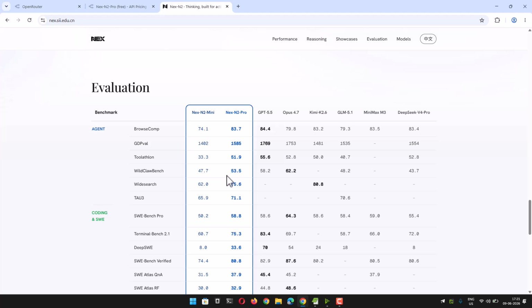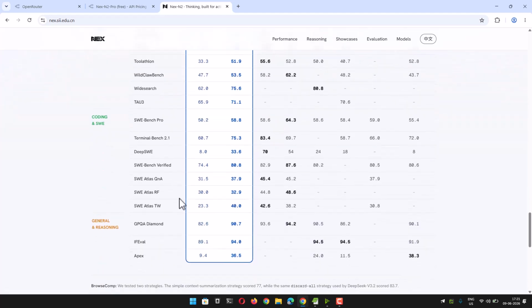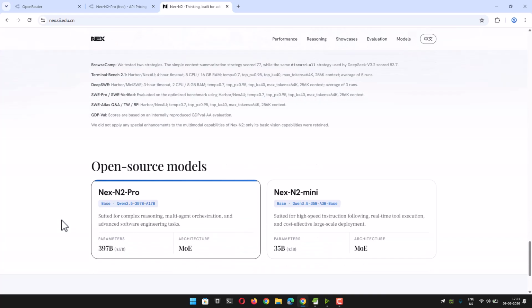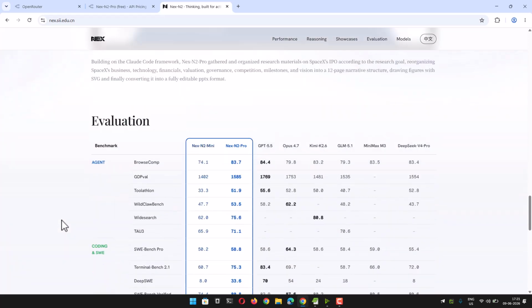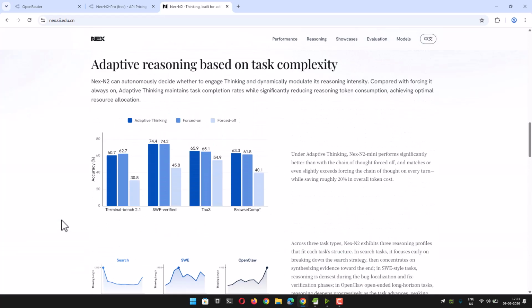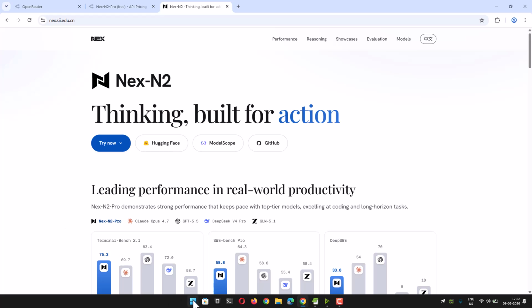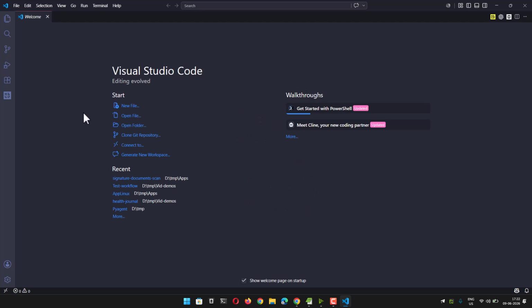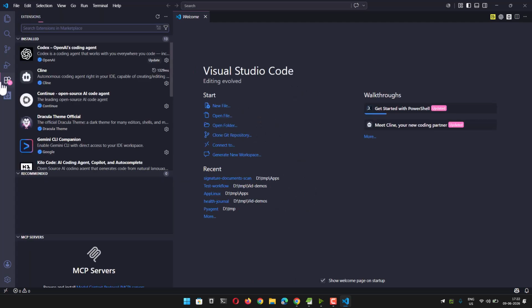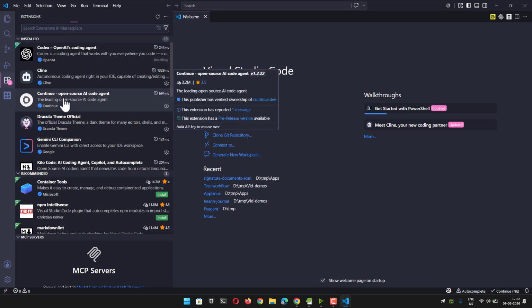The N2 Mini is also decent compared to, let's say, DeepSeek and also MiniMax. In comparison, it's pretty much close. And for general reasoning, I think this model also does better, so you can use it for chat as well as getting some basic automation done. And we can actually use this in VS Code. We simply have to click on VS Code, and we have extensions like, let's say, Cline, Continue, then we have